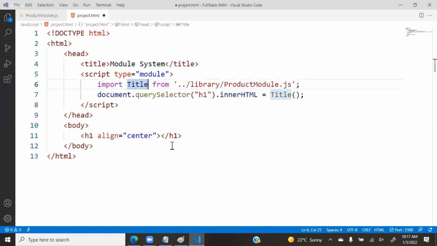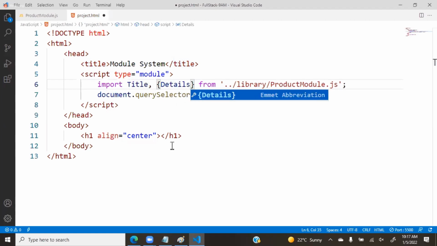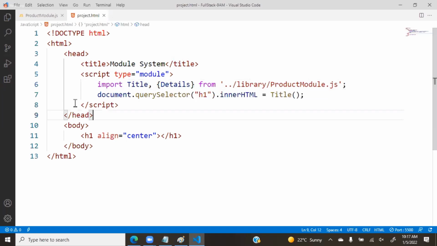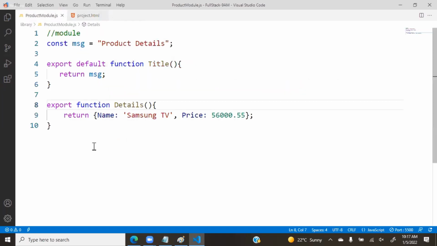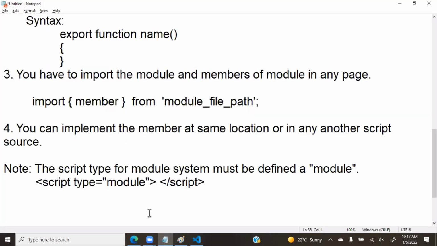Then how to write the second one? The second one is details. You cannot write details like that. You put a curly brace now, and here we can put details. Why? Because details is not marked as default. Can you mark this also default? No, not possible. So every module,